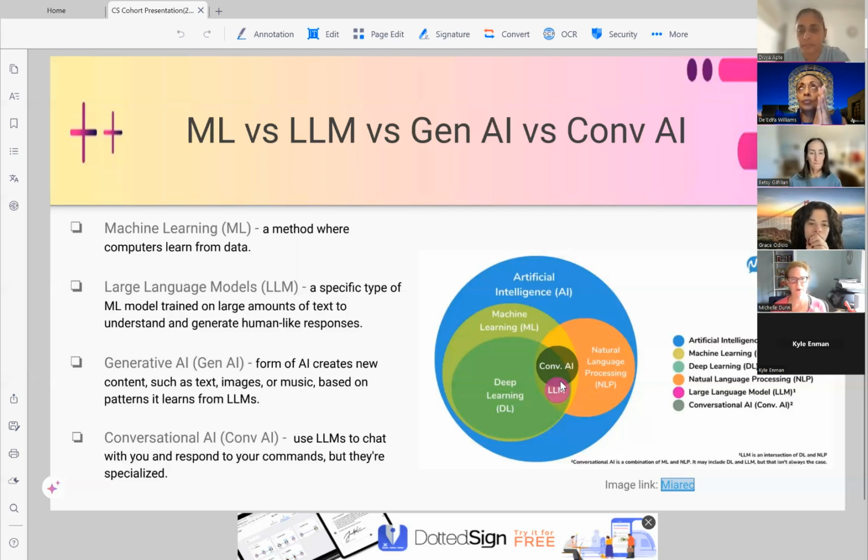So conversational, would that be more like from the film Her? Yes, exactly. Her. And generative AI is throwing an instruction into ChatGPT, telling it, hey, create a framework for me for a blog article that I want to write. And then the response that it gives back to you, that's generative AI. Okay, that makes sense. Thank you.